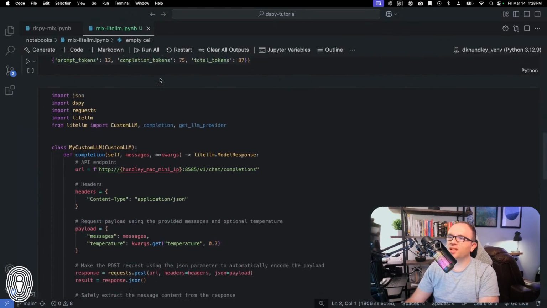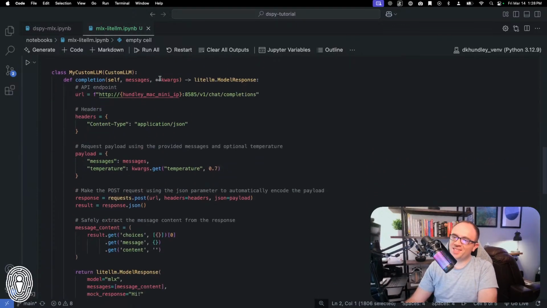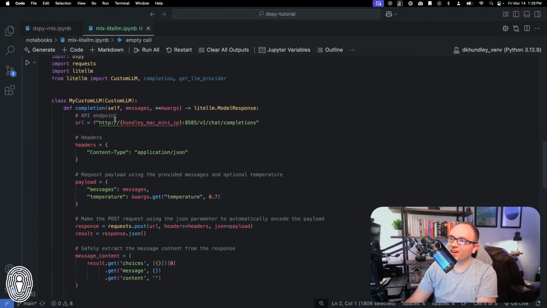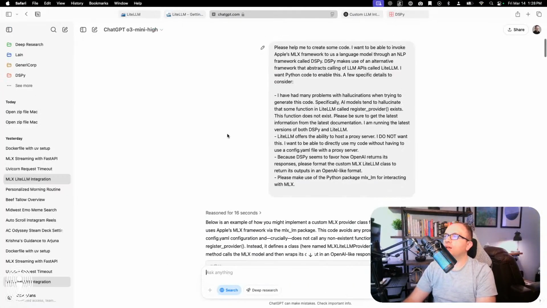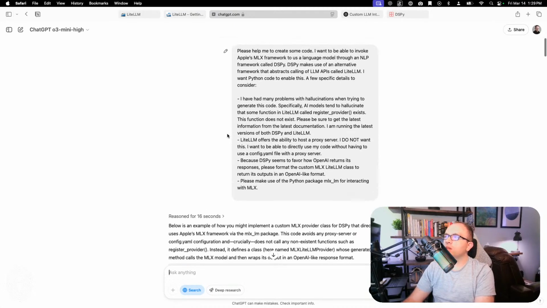I'm going to be so frustrated if this actually works on the first try, because I've spent a collective eight hours trying to get this working. In fact, I'll even show you when I tried interacting with LiteLLM in other ways. The one thing I wanted to show you that it's not showing for me is that it kept hallucinating, and it's not just O3 Mini High, it was the other models as well. It kept hallucinating that